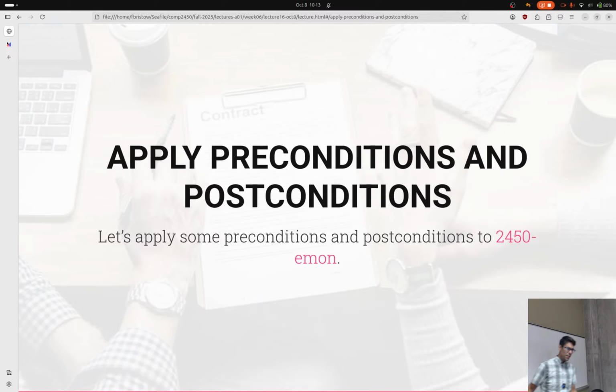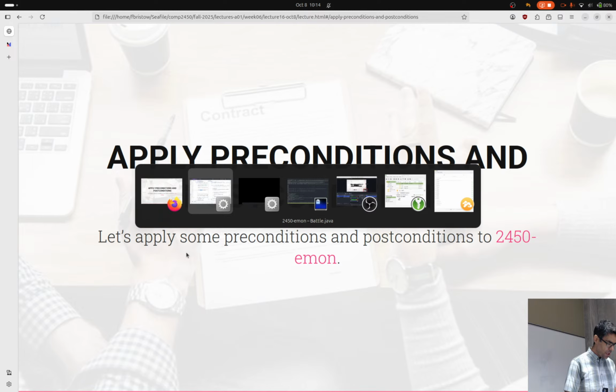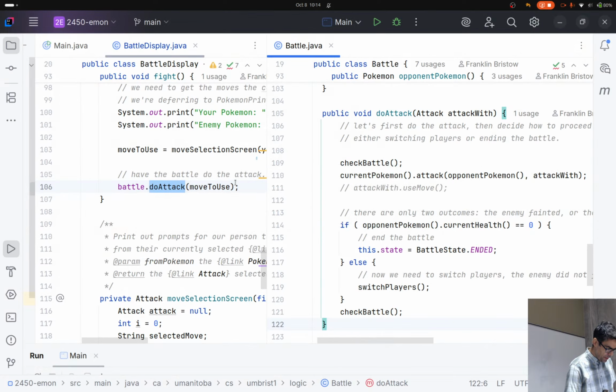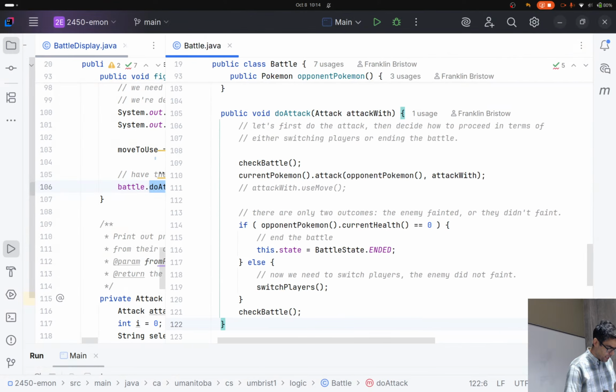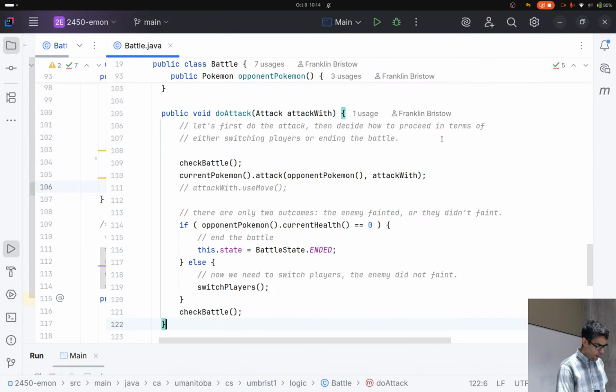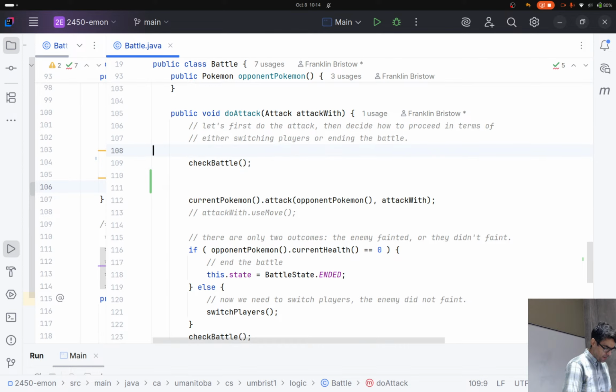So I want to quickly take this time to apply a couple of preconditions and postconditions to this example. But again, this is not earth-shattering stuff. This is very, very similar to the stuff that you've already seen with class invariants. So I'm going to pop back to IntelliJ here. And what I want to focus on here, in fact, is the doAttack method. So one of the preconditions that we've got right now as part of this